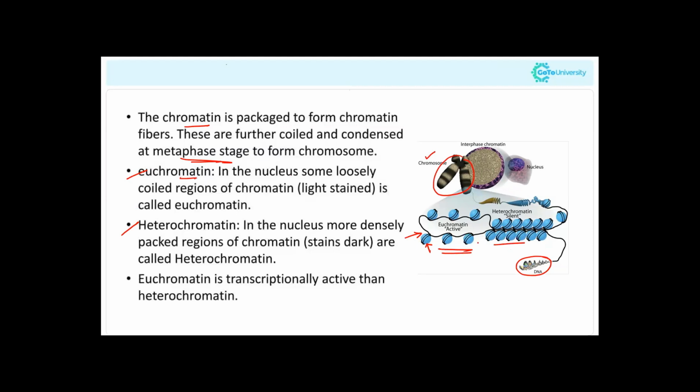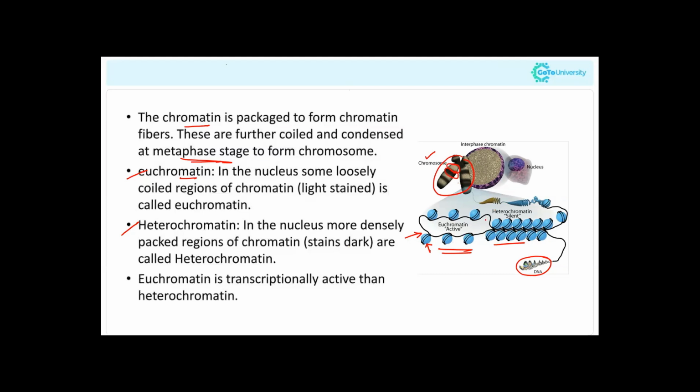So euchromatin is in the nucleus. There are some loosely coiled regions of chromatin. They are lightly stained. That's called euchromatin. In this chromosome, you can see they are lightly stained. In this region, the DNA is loosely coiled around. They are loosely packed. That is the euchromatin. Coming to heterochromatin, in the nucleus, the more dense, dark band, packed regions of chromatin that